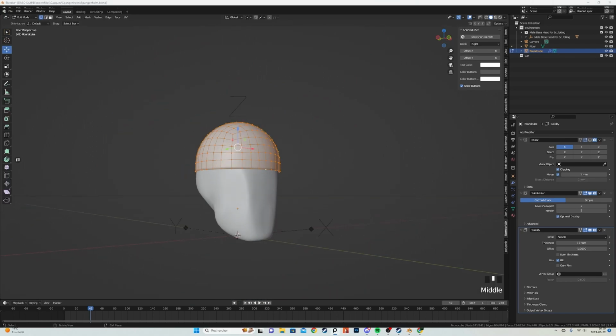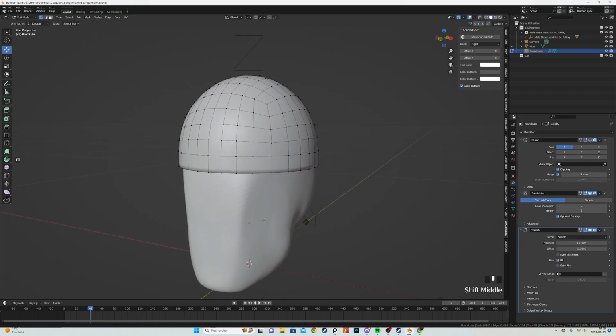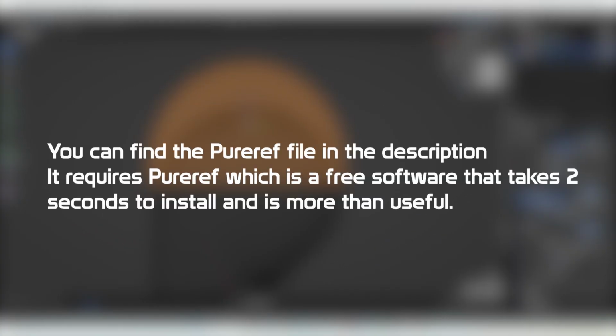Then in edit mode, I'll just spin around and scale it up a tiny bit so it's less of a sphere and more of a